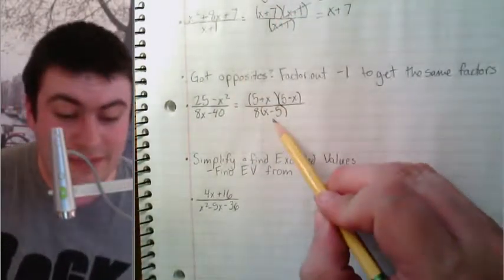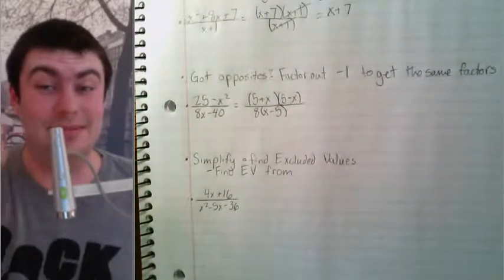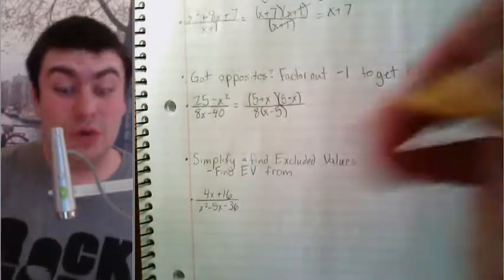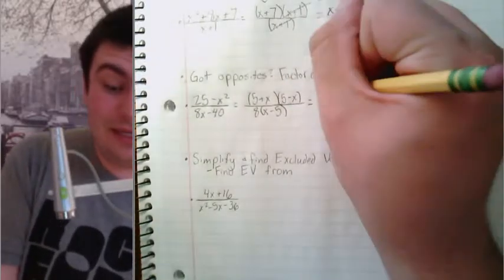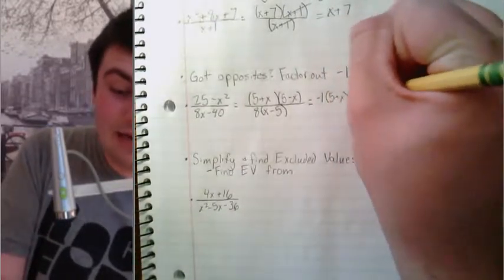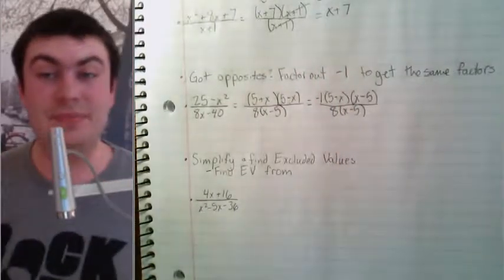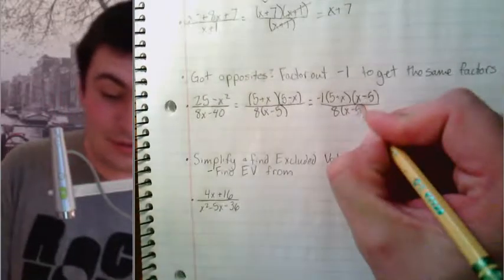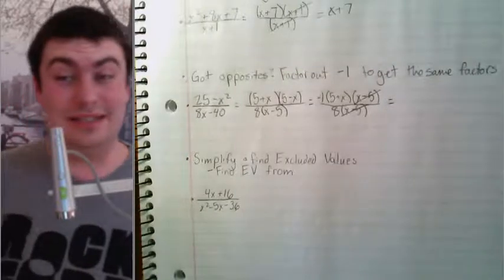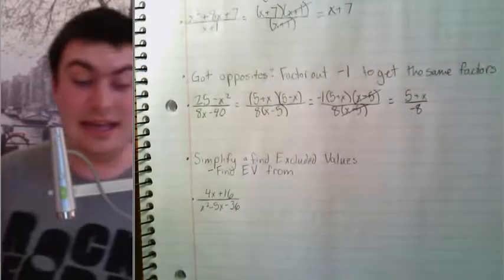Now, look, we have x minus 5 and 5 minus x. Here's where that opposite factor comes in. So we have 5 minus x and x minus 5. Those are not the same, but they're opposites. What we can do is we can factor out a -1 and say that this is now x minus 5 over 8 times x minus 5. Then we have the same factor that we can reduce. So we can reduce there, reduce there. I'm going to bring that -1 into the denominator and say that we're left with 5 plus x over -8 as our